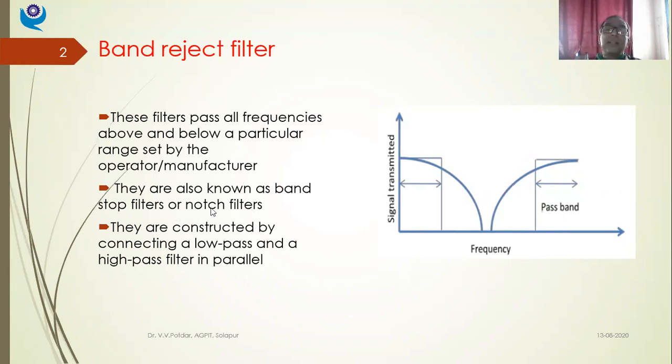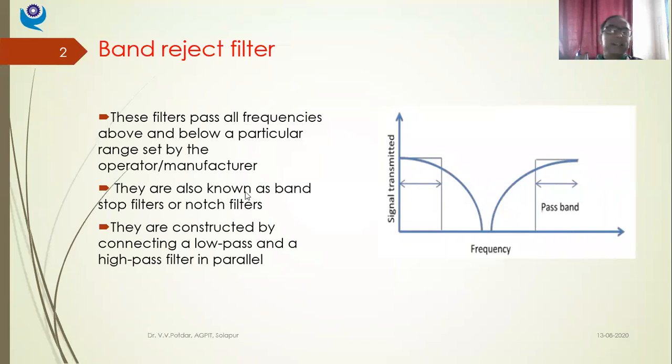They are also known as band stop filters or notch filters. So remember such things, these will be asked in your MCQs. Band reject filters are also called as: flying filters, dying filters, notch filter, none of the above. So a band reject filter is also called a notch filter. Simple to remember: when I get a notch-like signal, that notch part will be rejected, and hence the name notch filter.